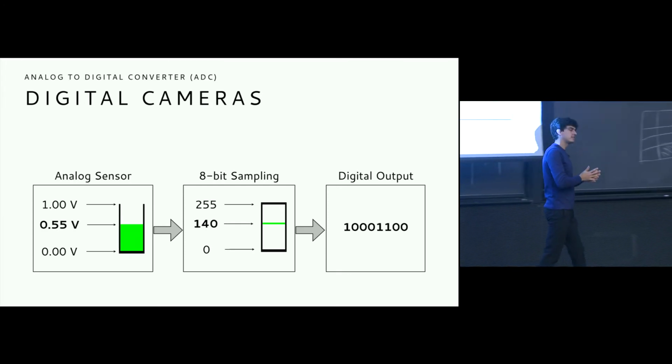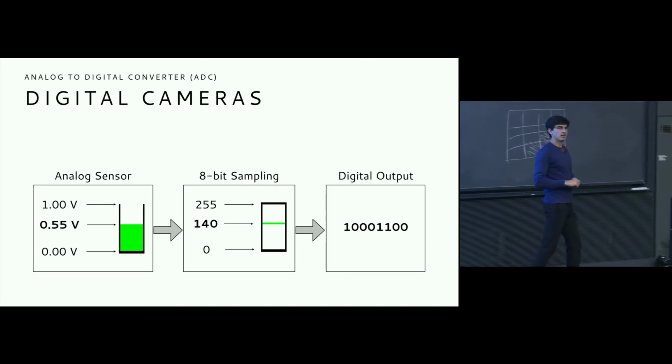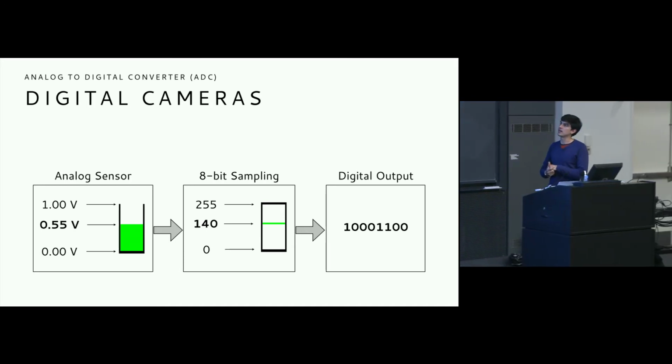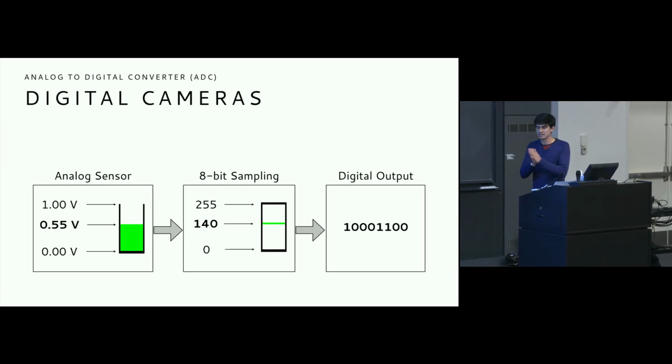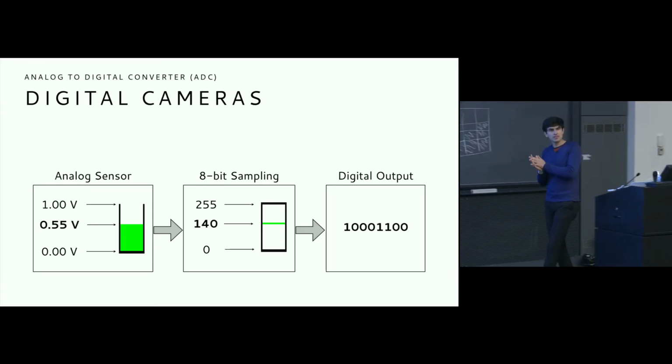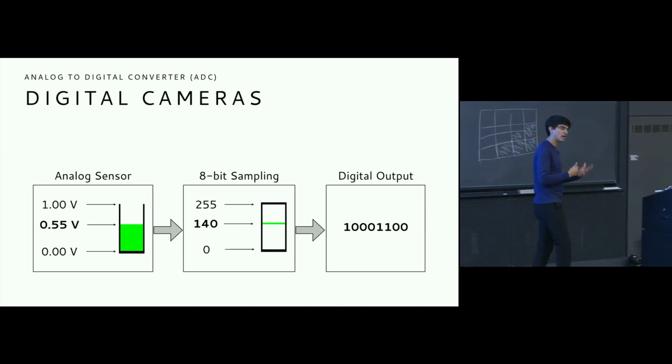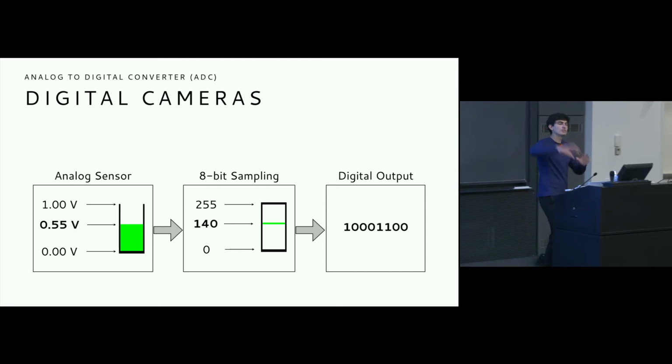And what this means is that this can be approximate. It's not necessarily the case that the binary value that represents this voltage is in fact the most accurate representation of that voltage. There's some error that's happening here, some rounding error,